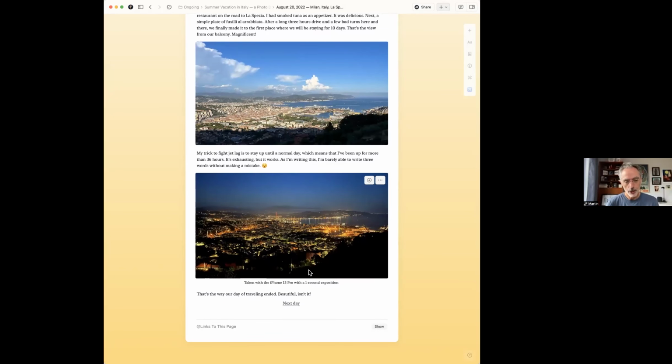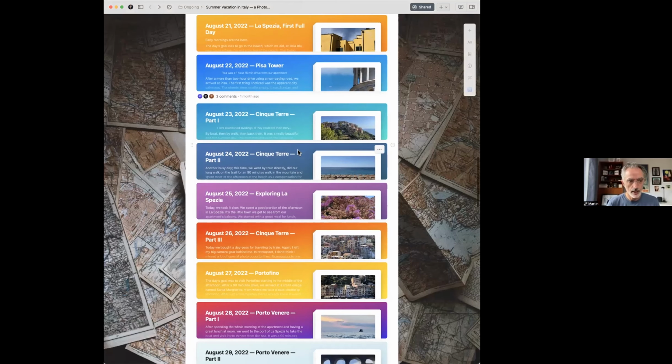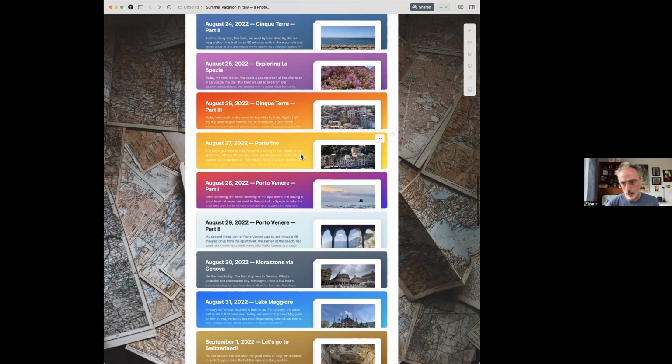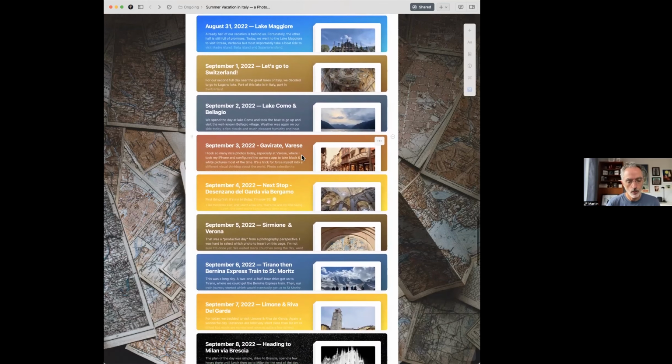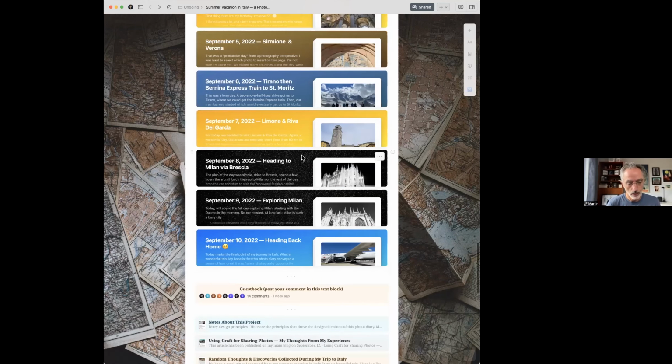So that's pretty much how I did the thing. And at the end of the trip, I ended up having all those days. I was there for 3 weeks. And then at the end of the photo diary, there's a guest book where people can just drop a comment to say hi, or if they have any recommendations regarding places where I could have been